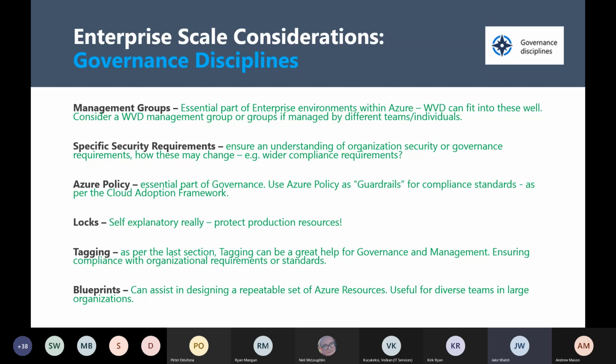important. So you might, for example, be working with an organization that has some specific data sovereignty requirements. You may have a specific application that needs an installation on a machine that's been hardened in a certain way or can't access something. Those sorts of things need to be thought about as part of your governance disciplines. There's various ways you can achieve that. Azure policy, for example, blueprints can help too. You might want to design an environment and use a blueprint so it can be redeployed again to meet those